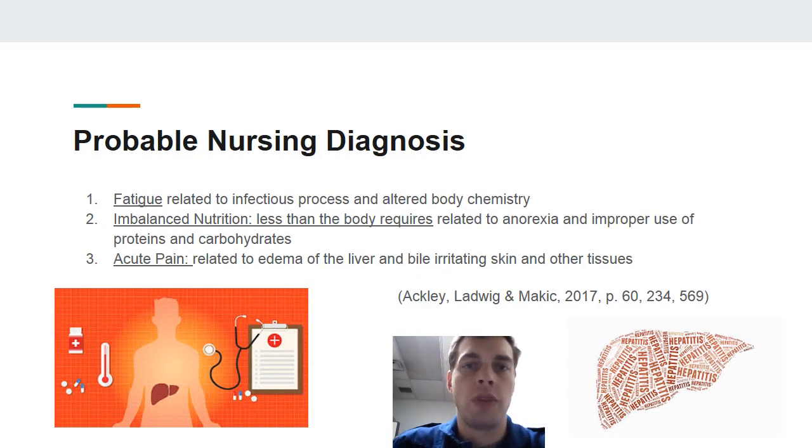As nurses, we must think of the disease process as a whole and how it is affecting our patients to provide effective care. Although hepatitis in its most simple sense describes inflammation of the liver, this disease process has implications on the entire body system. As such, when determining a nursing diagnosis for these patients, one must consider the effects that this inflammation has on